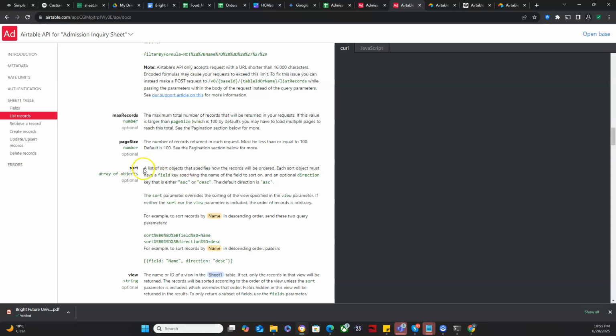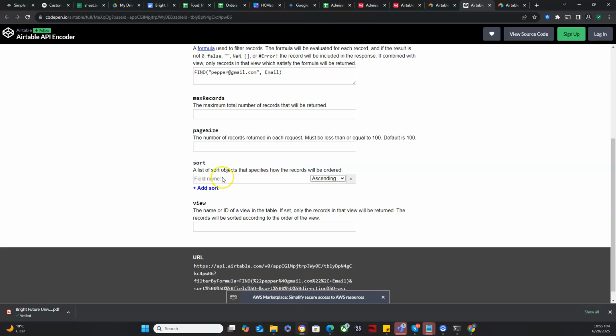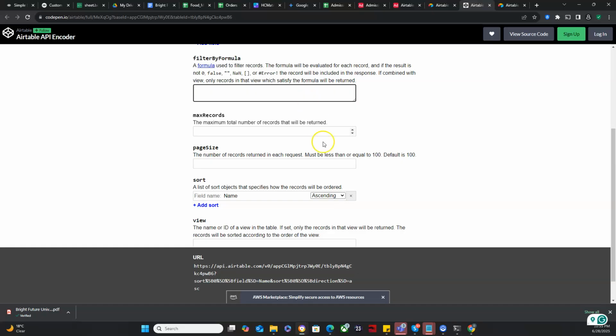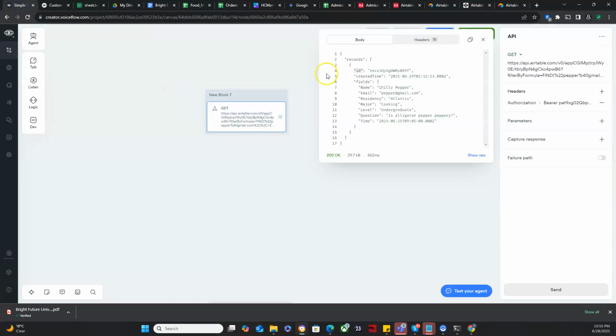Okay, so let's see how to sort based on a particular column. So let's come back here and add sorts, right? So the field name, let's say it's name, and then you want it ascending or descending. They've made it really easy for us, so you can just come here. Oh, let me remove this particular filter. Now if we copy this, you should see the names in ascending order,